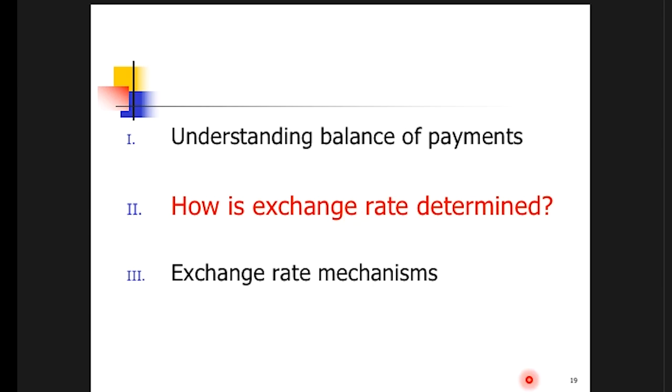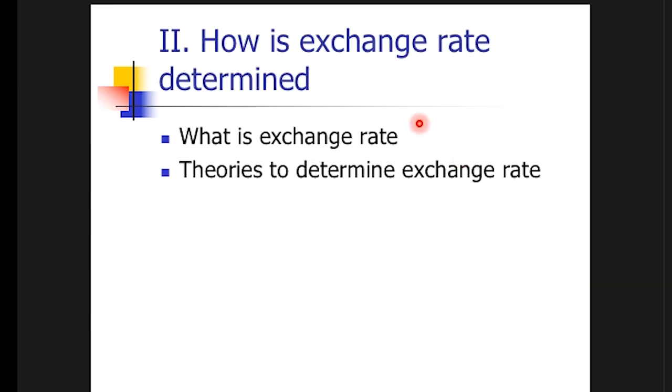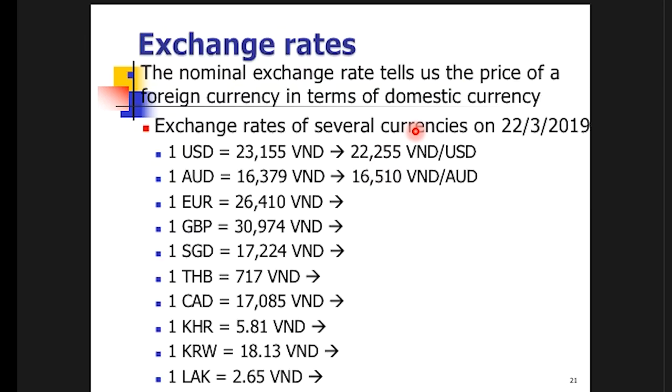Exchange rate is the rate to exchange currency when we exchange currency for payments. There are two typical definitions for exchange rate. The first definition is related to the nominal exchange rate. The nominal exchange rate is the price of foreign currency in terms of domestic currency,